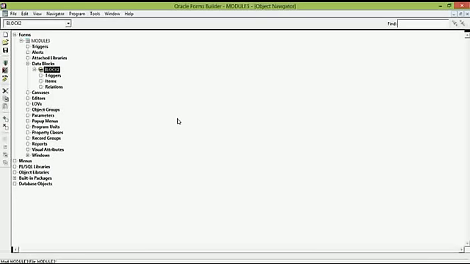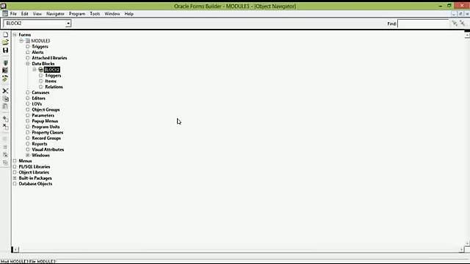Now to create a new canvas, either you can select the canvases and double click on it, or you can go to the create button on the toolbox. As you can see, the new canvas has been created.